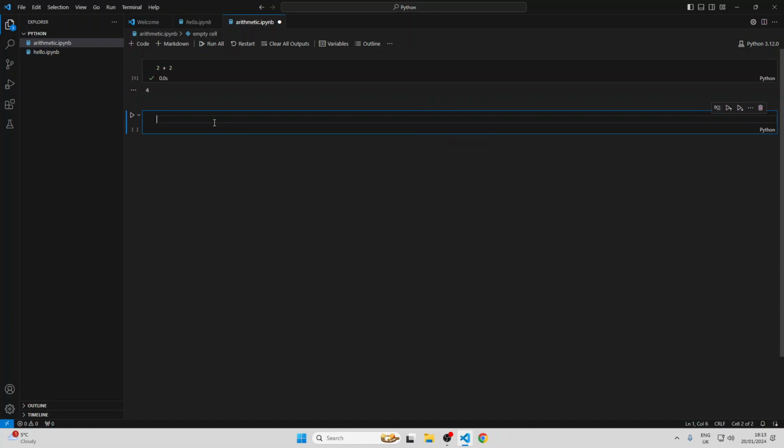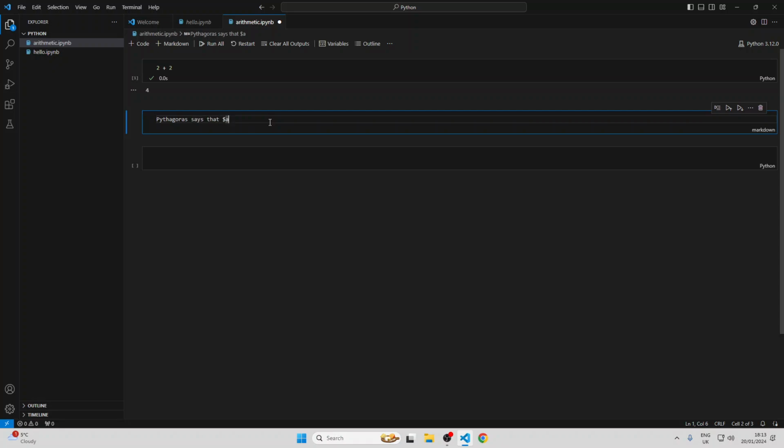Okay, so let's try and do something a bit more complicated. Let's think about Pythagoras' theorem. Let's remind ourselves what Pythagoras' theorem says. So we're going to put in a text cell here. We're going to click up here, and it says plus markdown. Markdown basically just means a text cell. So I'm going to say Pythagoras says that